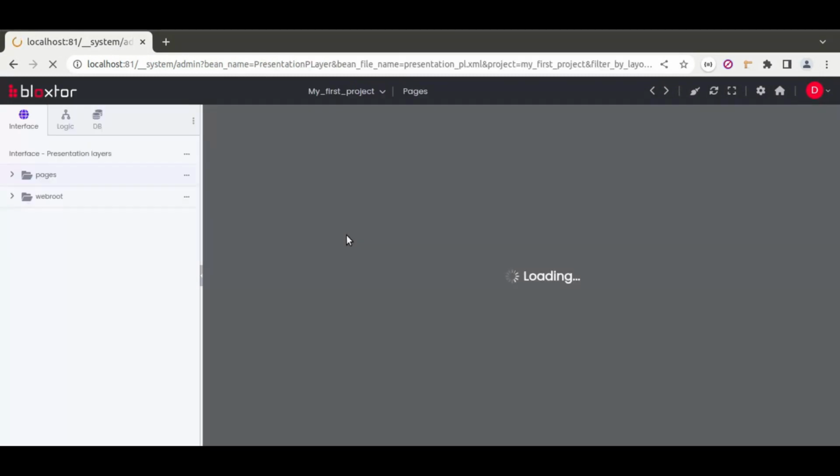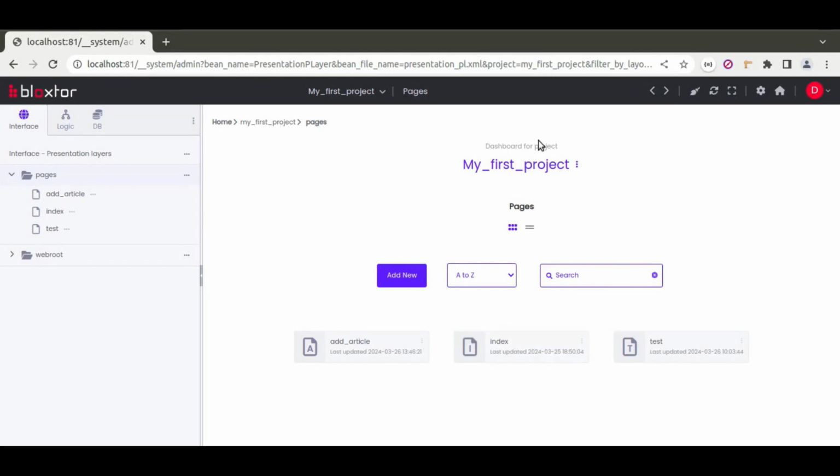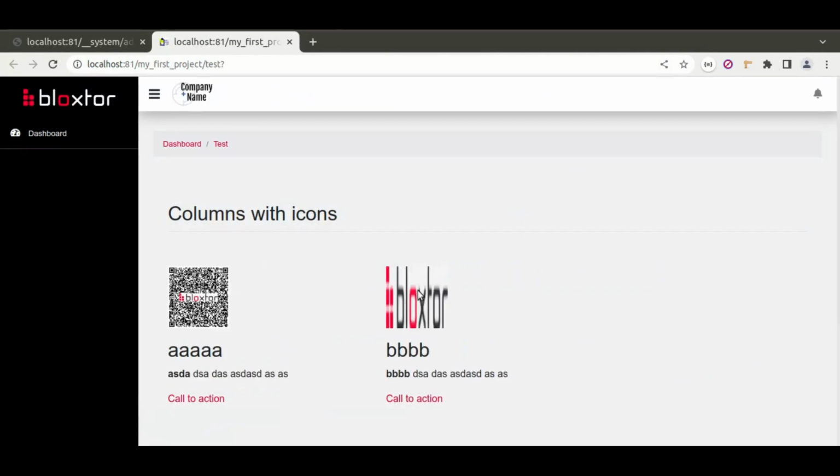Let's select the My First Project, which was the project that we created before, and in the project dashboard we have here the test page that we created before as the add article page 2. So the test page, basically, if we preview it, that's the page that we have the static items that we